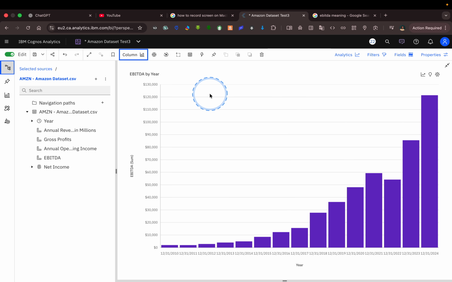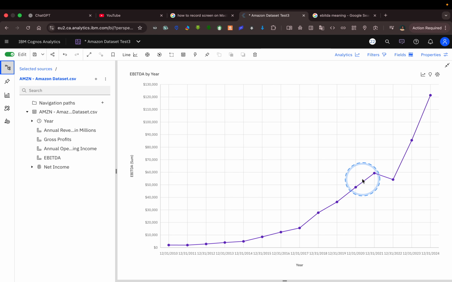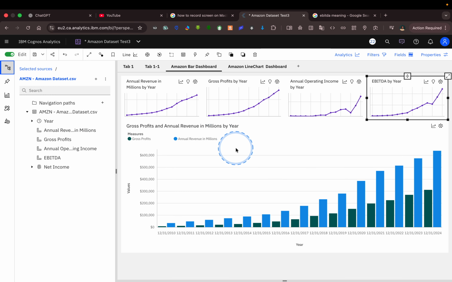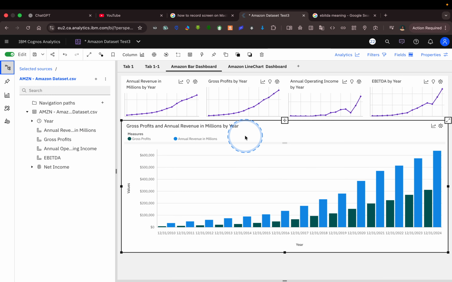Change it to a line chart also. Remember the points on the line, for all inflections, are where we have our data points. So for this particular chart, we have